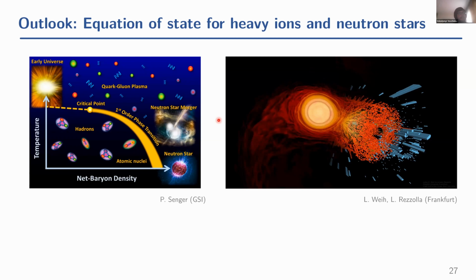I don't think there was anything about critical points specifically, but basically the statement would be that if you see evidence of first order phase transition from neutron stars, and you know that there is a crossover at high energies, then there must be a critical point somewhere in between. Basically, this is the connection.